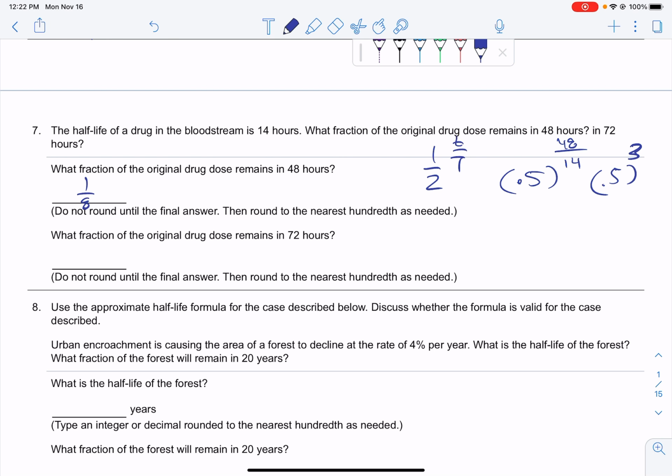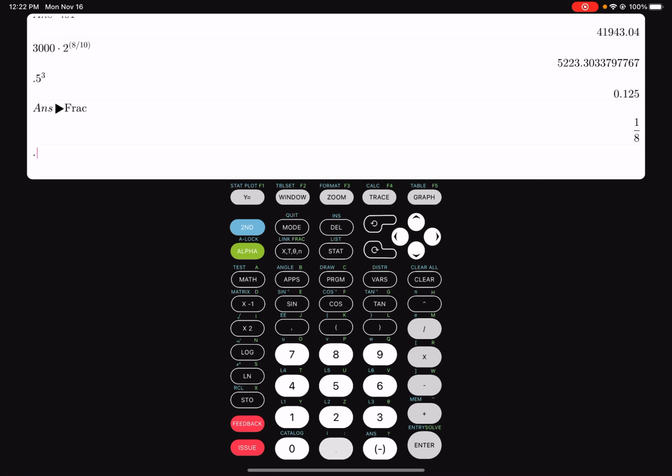Do not round until the final answer, then round to the nearest hundredth. So it might want 0.125. And how about 72 hours? Again, just like the last problem, 0.5 raised to the 72 divided by 14. That's going to be... Oh, you know what? It's not 48. That's not exactly the third power. Let's do 0.5. Let's go ahead and put that one in. So 0.5 raised to the 48 divided by 14 is going to give me a decimal,